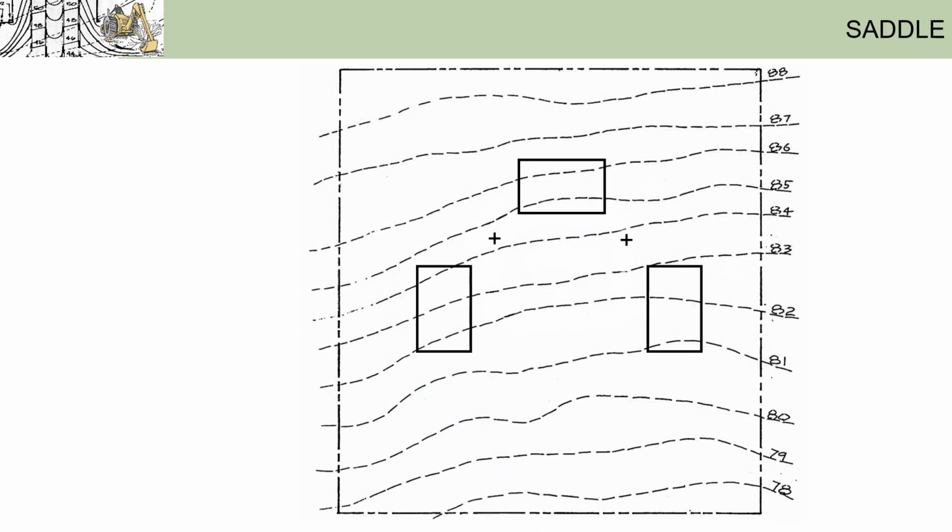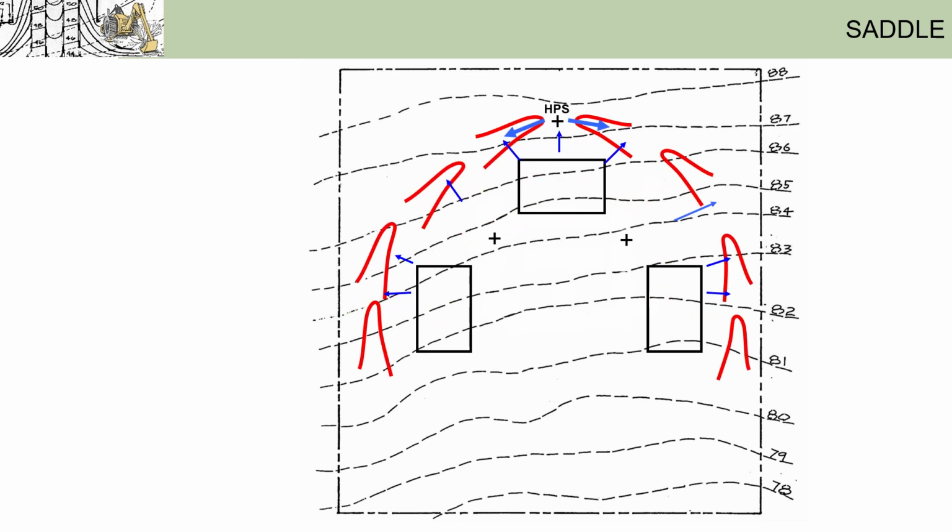Now, knowing that we need to create saddle points between the buildings, let's sketch out what the contour patterns need to be to create the saddle points. Let's do it in a highly conceptual way for now. First, you all know now that we need a big swale that goes around the entire site that would look something like this. Next, the saddle contours need to look like this to run water away from the building